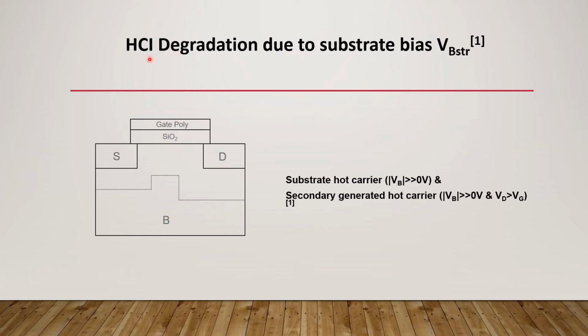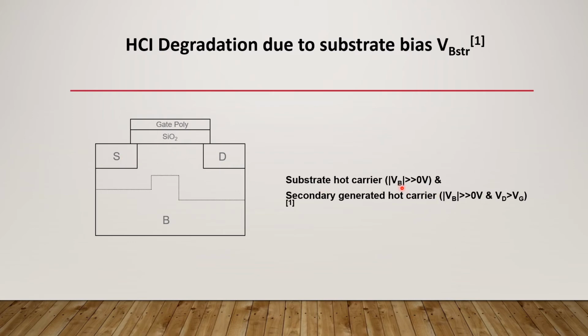Another interesting theory I have come across for the hot carrier injection degradation is due to the substrate bias, VB-STR. Till now, whatever mechanisms I showed assumed VBS was equal to 0, so VS was 0 and VB was itself 0. Now suppose you have some value of VBS on top of everything. Let's say the device is in inversion, the drain electric field is there, and the gate electric field is there. So the depletion electric field is the way it is shown here. For brevity, I'm not showing the inversion layer for this case.